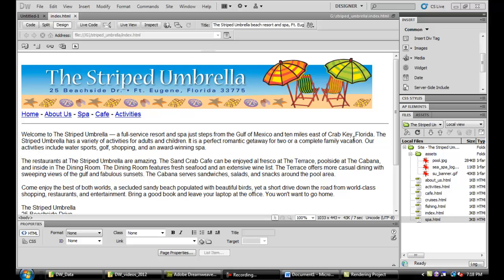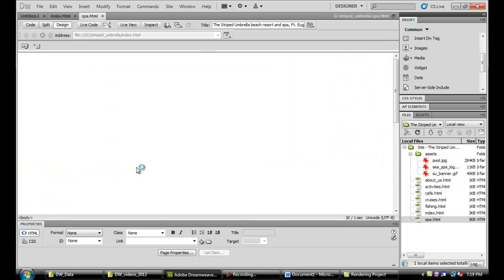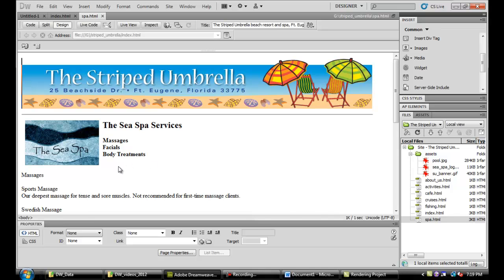Chapter 3, Project 1, looks at creating unordered and ordered lists. You may refer to those sometimes as bulleted or numbered lists, depending on your familiarity with word processors or other items. They want us to open up the SPA page to use as our example, and the first thing we're